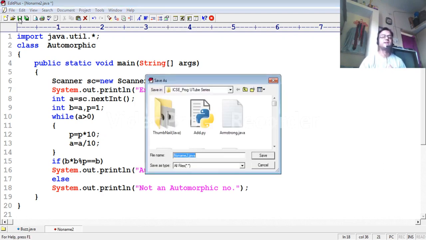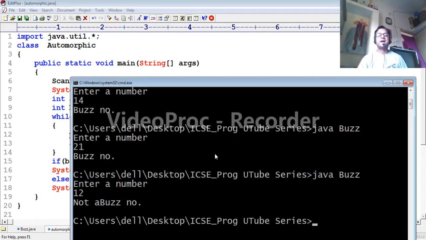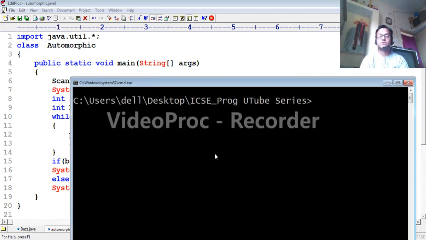Then save the file in the respective place. I'm going to save the file with the same name as the class, automorphic.java. A Java file you have to save with the .java extension. Then compile and execute the program using the DOS window.